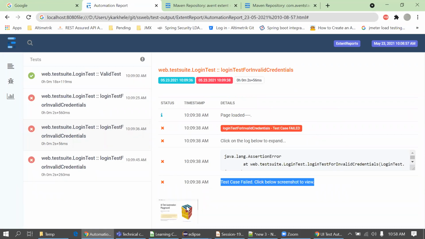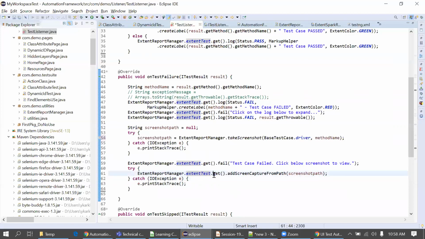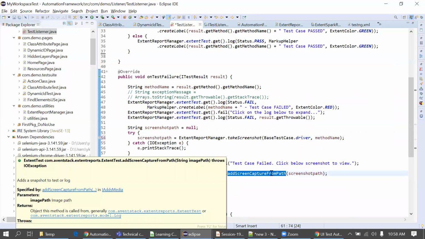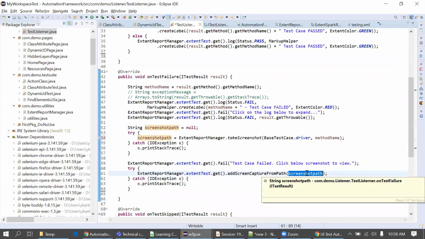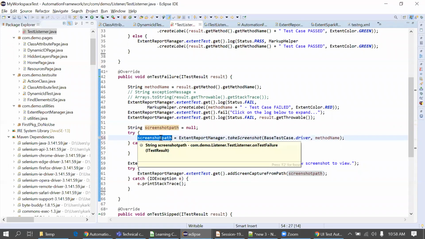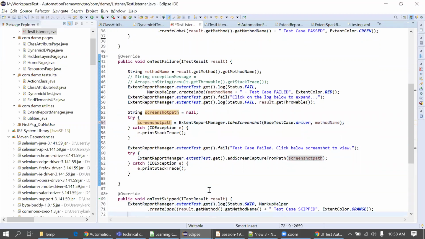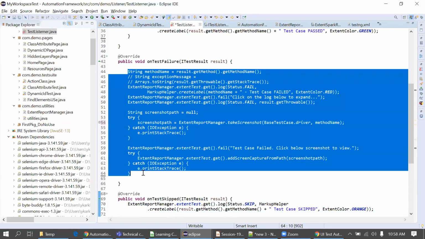So how to attach the screenshot? There is one method, extentTest.get().addScreenCaptureFromPath, with this screenshot path. This screenshot path we already initialized at line number 54. So this is for the test case failure. Whenever our test case is failing, it will automatically take a screenshot and attach it to the test case.